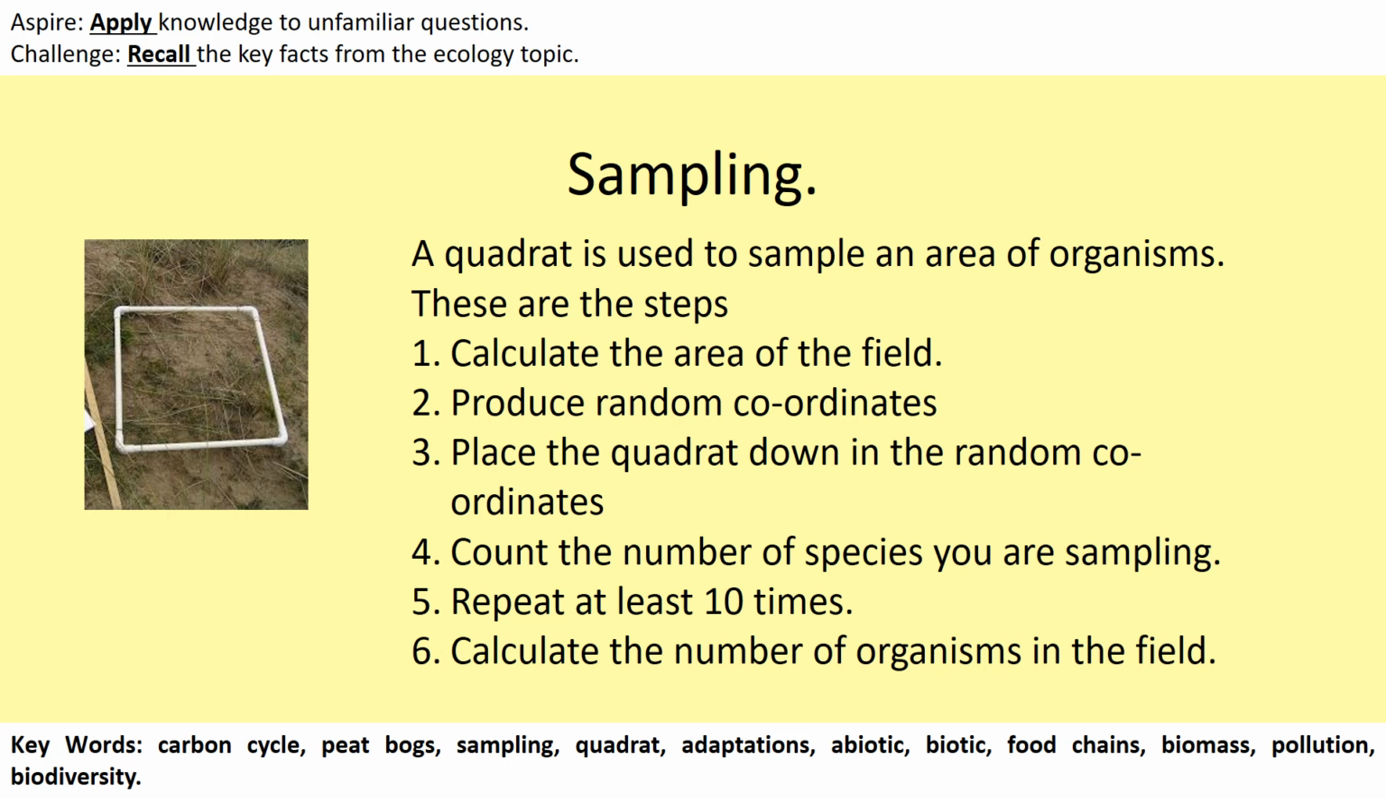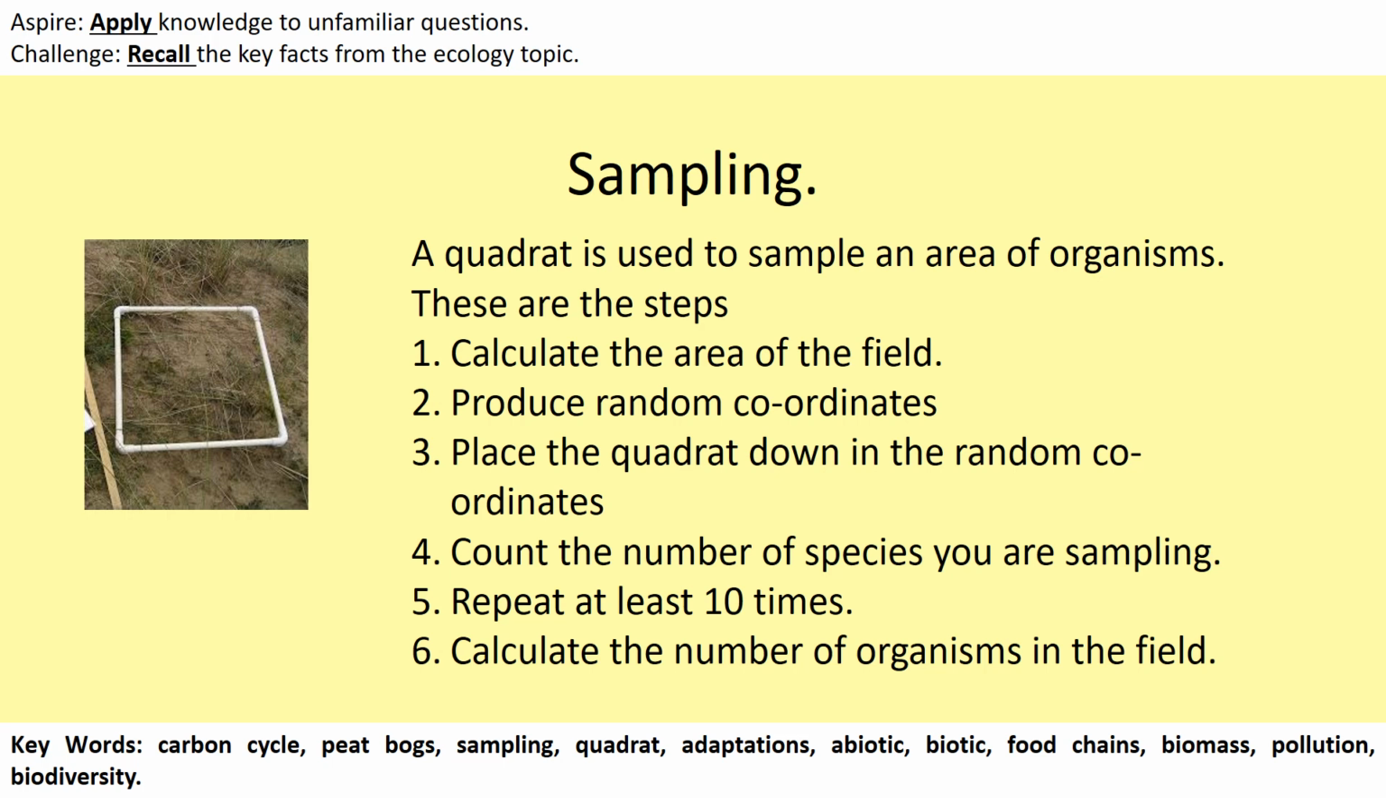So let's say it produces a number of 27, you go 27 meters across, and then the next number it produced is 10, you move 10 meters up, and that is where you place your quadrat. Do not throw the quadrat, and please do not say you would throw the quadrat. Place it at the random